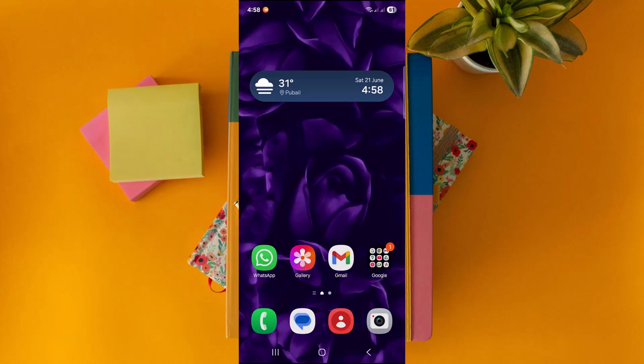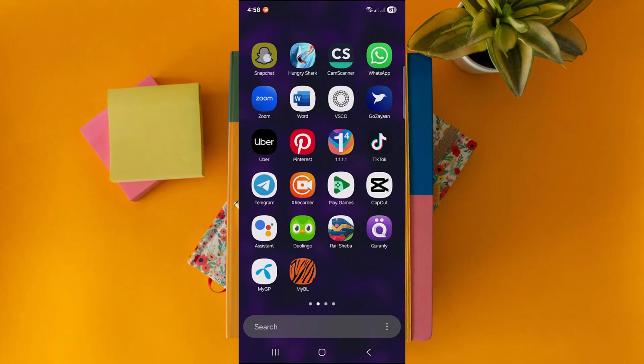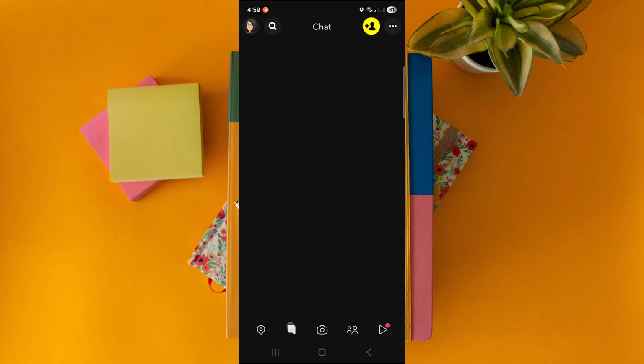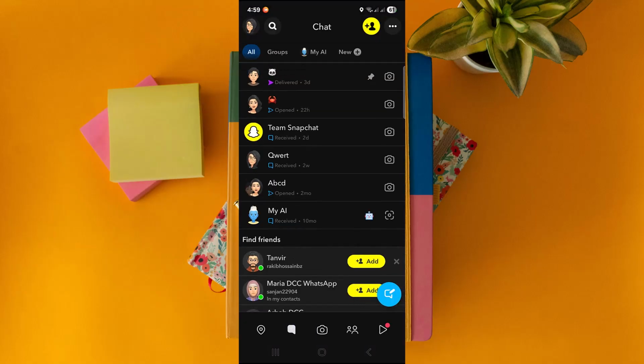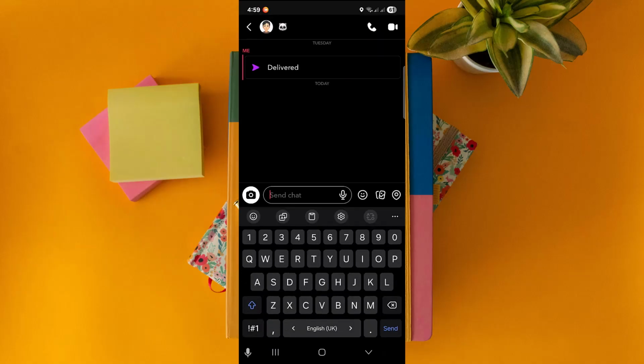In today's video you're gonna see how to delete call history in Snapchat. So I'm heading over to the Snapchat application first. Once you are there, head over to the index inbox, and in here head over to any conversation, call them up,